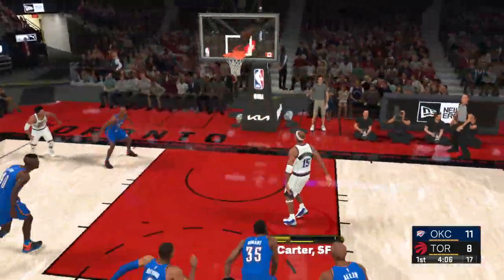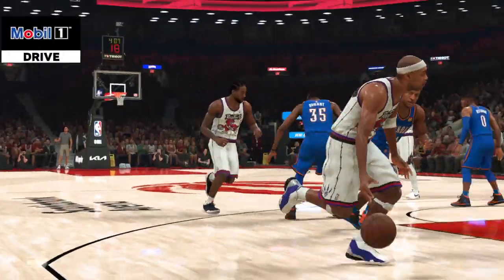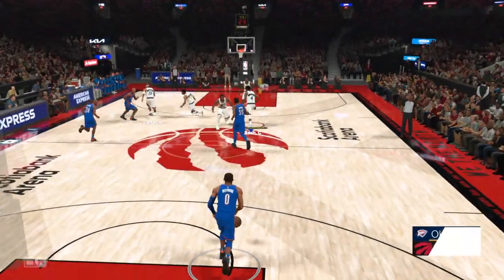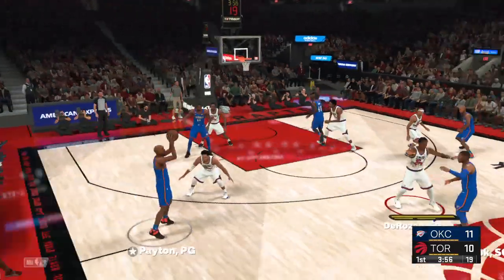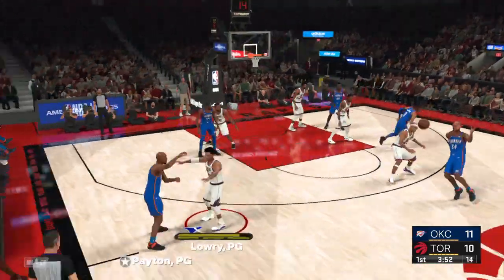Here's Carter. And the basket is good. Good defensive effort, but against Carter, it's not enough. He's just too explosive. And you love seeing that great mobile one drive a second time. And that's what a coach loves to see in a close game. Just put your head down and make something happen.